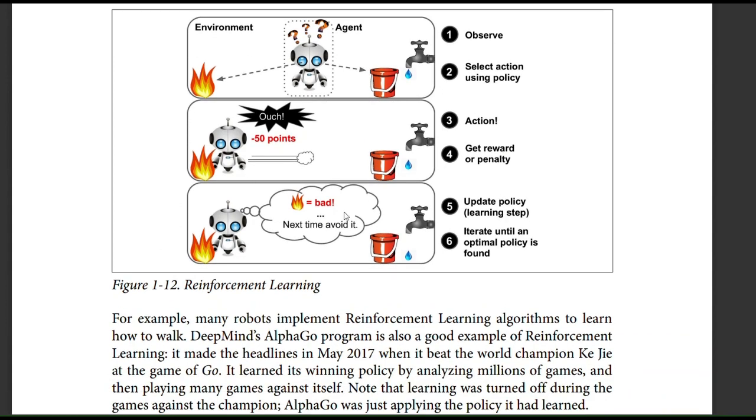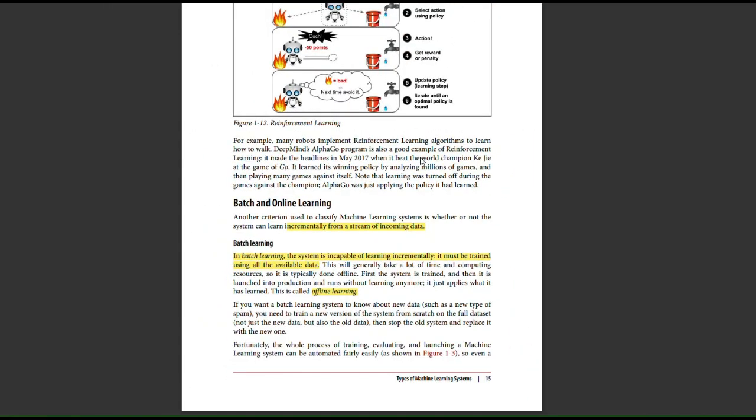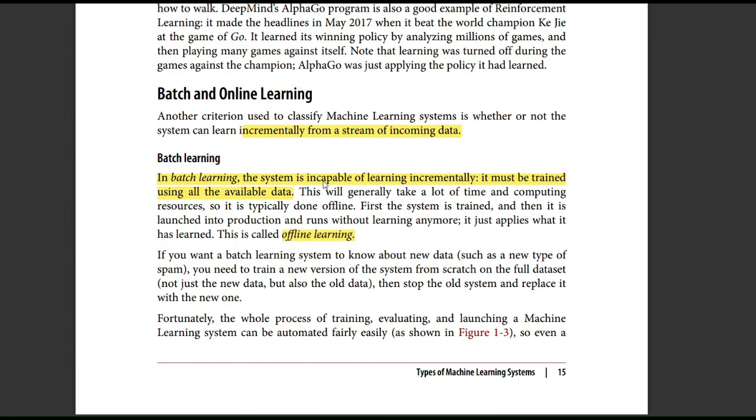Then it takes some other action. So this is select action. It selects, okay, fire, and then performs the action, and is given some points. Then it updates its policy, learns from the experience, updates the policy, and iterates again and again. So reinforcement learning is where the machine learns on its own. It is given some points on how well it is performing.